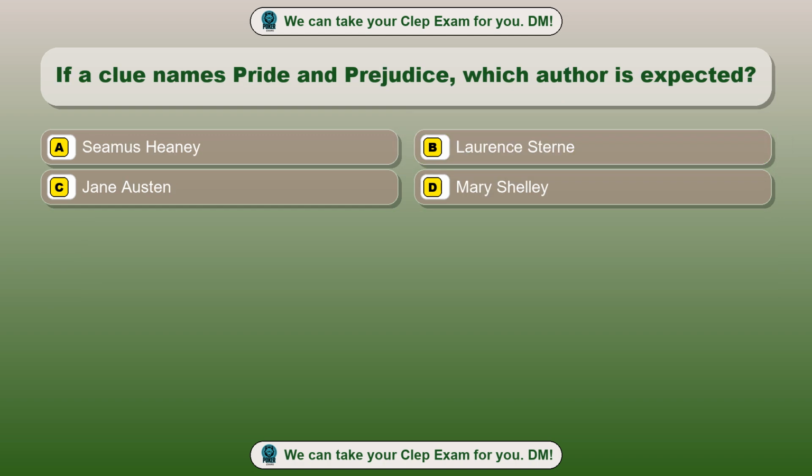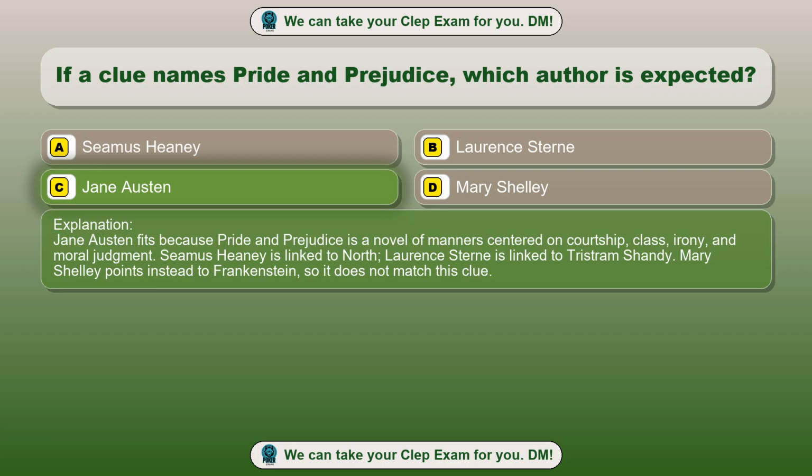Question 14. If a clue names Pride and Prejudice, which author is expected? Option A. Seamus Heaney. Option B. Lawrence Sterne. Option C. Jane Austen. Option D. Mary Shelley. The correct answer is option C. Jane Austen. Jane Austen fits because Pride and Prejudice is a novel of manners centered on courtship, class, irony, and